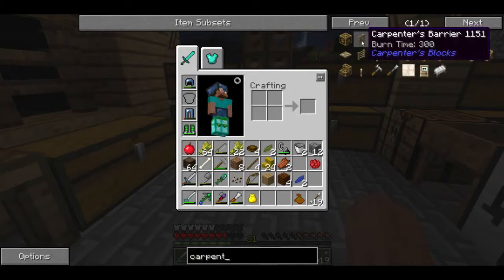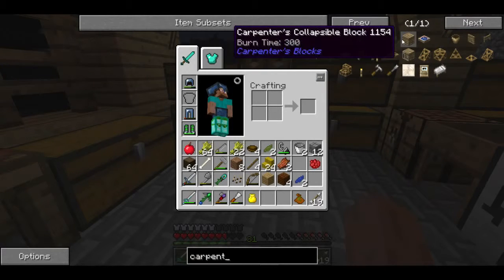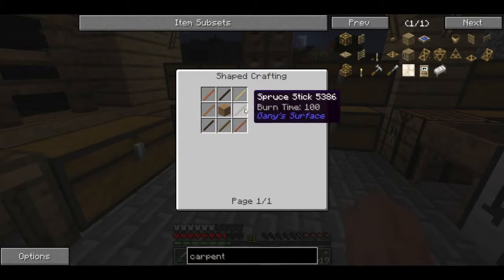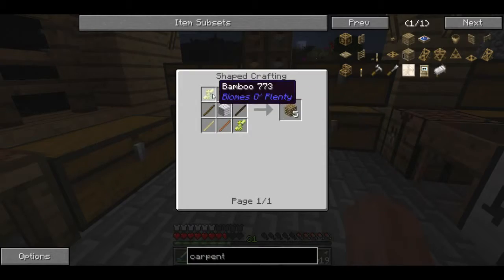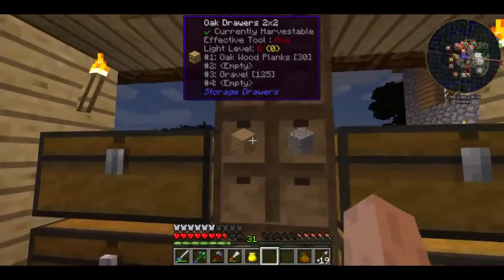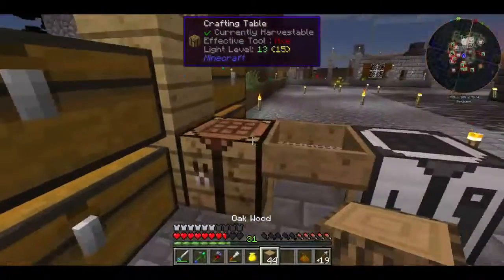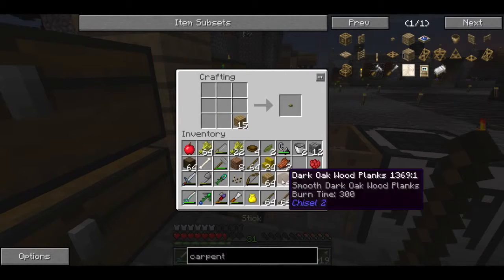Now, this is probably one of the greatest mods you can ever run across in terms of things like that. They're really simple stuff to build. All you need is some planks and some sticks, and then you're in business. So we can grab these guys, and then make a whole bunch of planks, make a whole bunch of sticks,